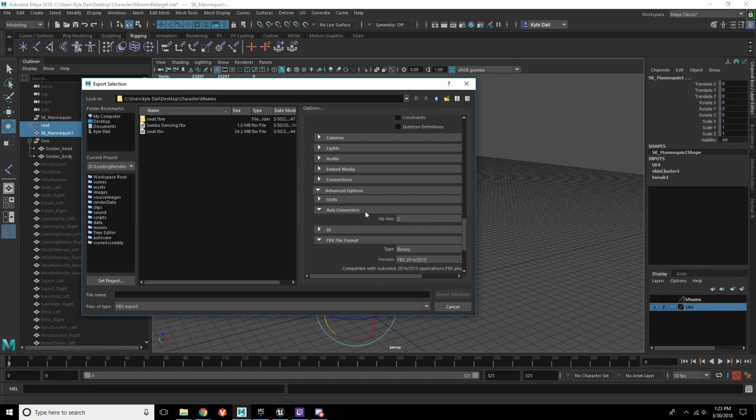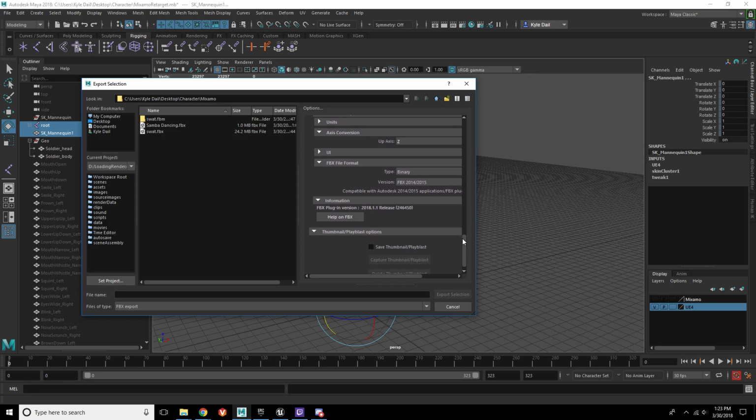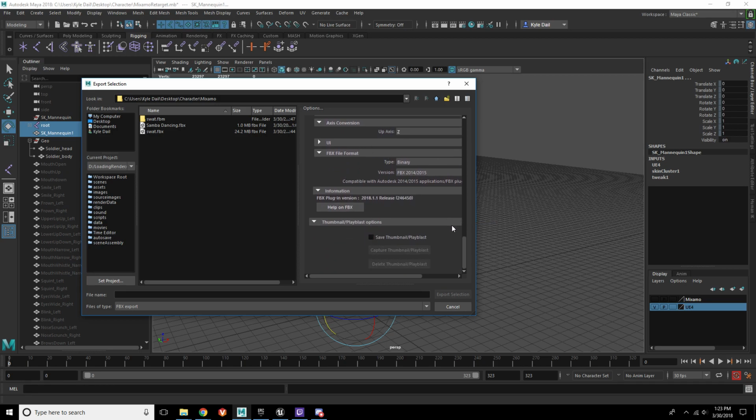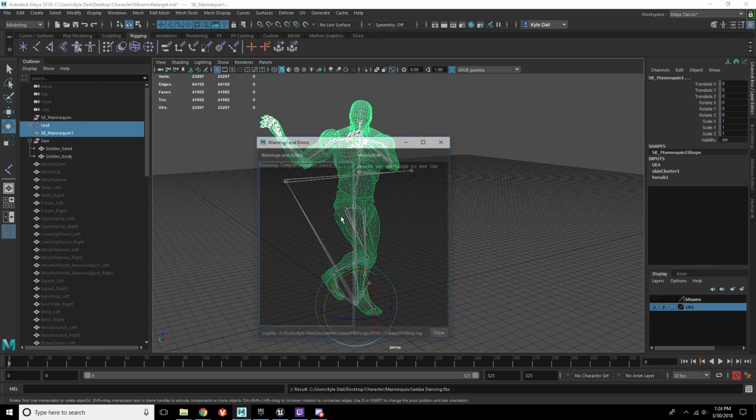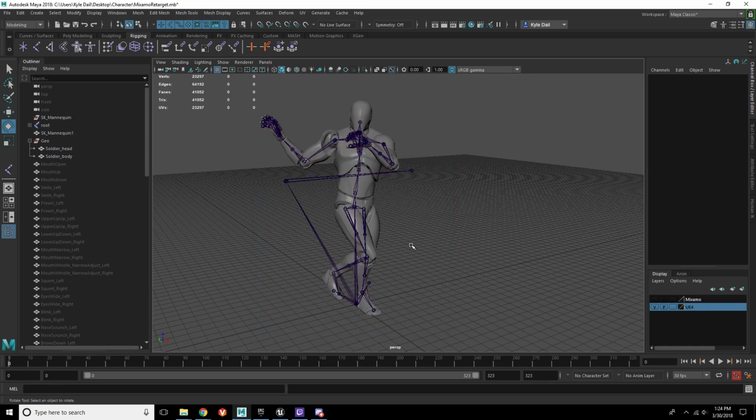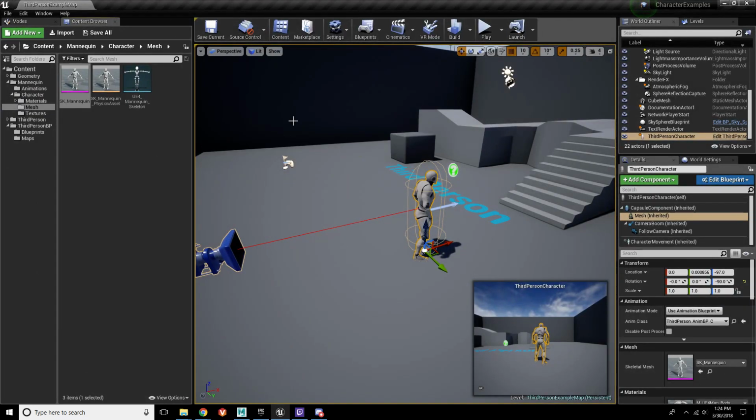Scaling factor, yes. There's the axis conversion here. If you're doing, say, modeling or you're exporting out your anims, you can change it from X, Y, or Z and Y. I'll just leave it in Z because that's what Unreal reads it as. And we should be able to save this guy out. So let's bake the animations down to that skeleton, hopefully. So now, if we jump back over to UE4,